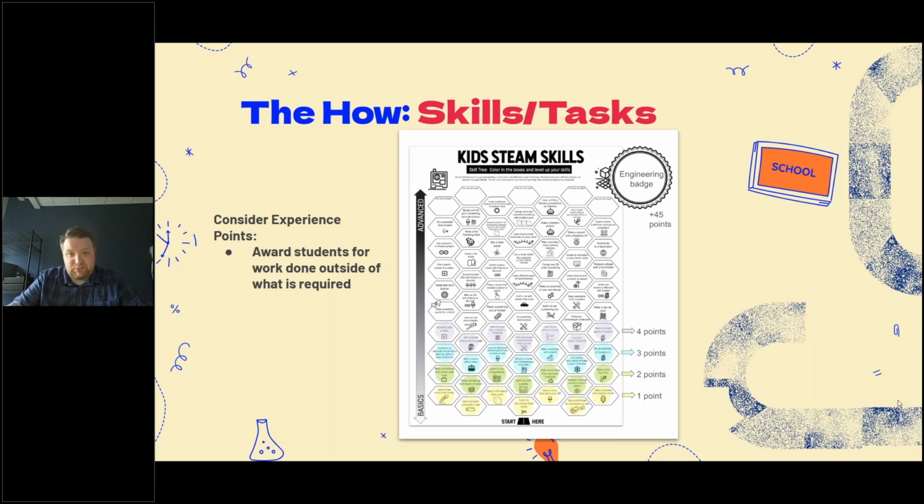But what's nice about this one is that you'll notice the bottom row, all of those tasks are worth 1 point. And the next row is 2 points, and then 3 points, and 4 points. And so in order to earn the engineering badge, students have to earn a total of 45 points here. Okay. And so they can choose from the list that you made, that you approved. They can choose from those activities to try to get to that 45 points, or whatever that benchmark might be. So it introduces a little bit of student choice, which I really love as well, because they can pick and choose, and they can push themselves to try to get to that badge.